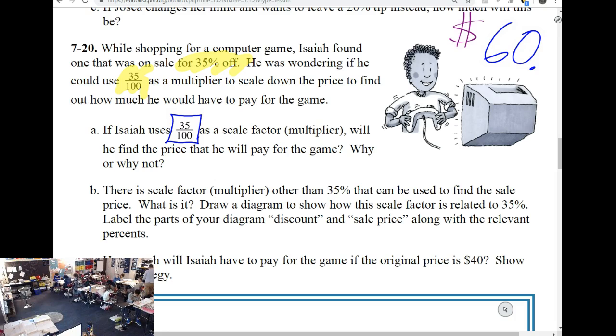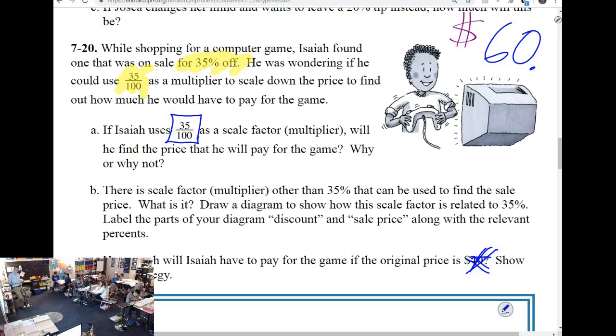I like to see how you guys think. The original 60. So I'm changing this problem a little bit. Really what the problem is asking us is what to use here. Isaiah thinks he should use the scale factor of 35 over 100. But forget about this, the games aren't $40 anymore. I wanted to make it a different number. So ignore C. Nintendo eShop games, like Super Mario Maker, that's for $40. But I like the number 60 here for specific reasons.